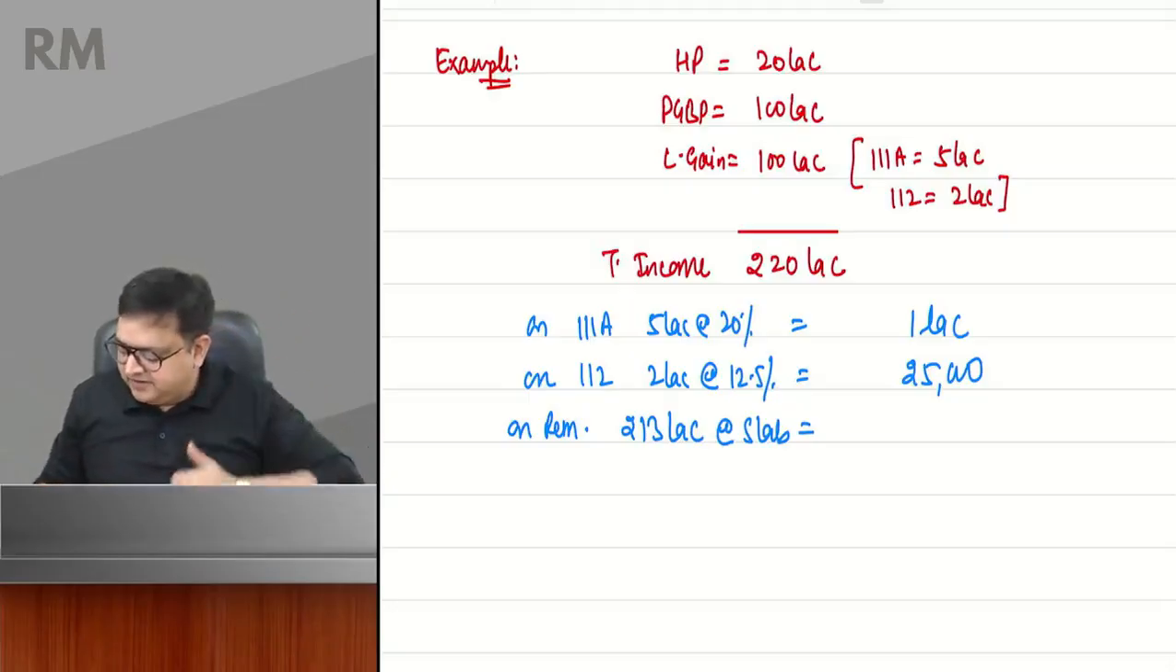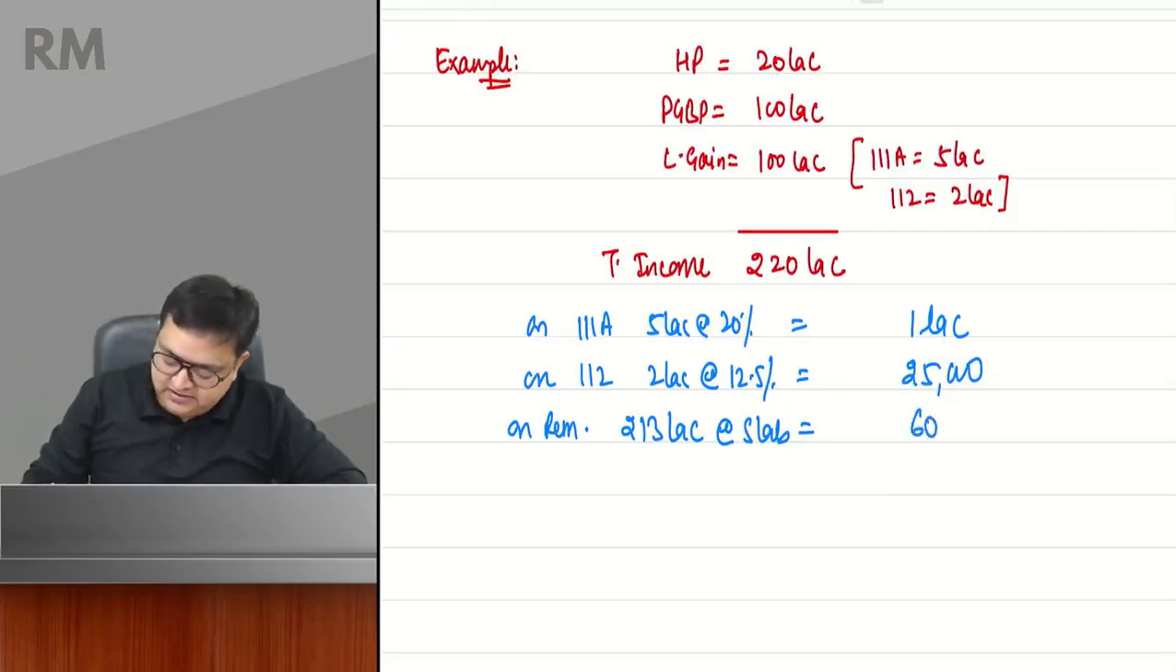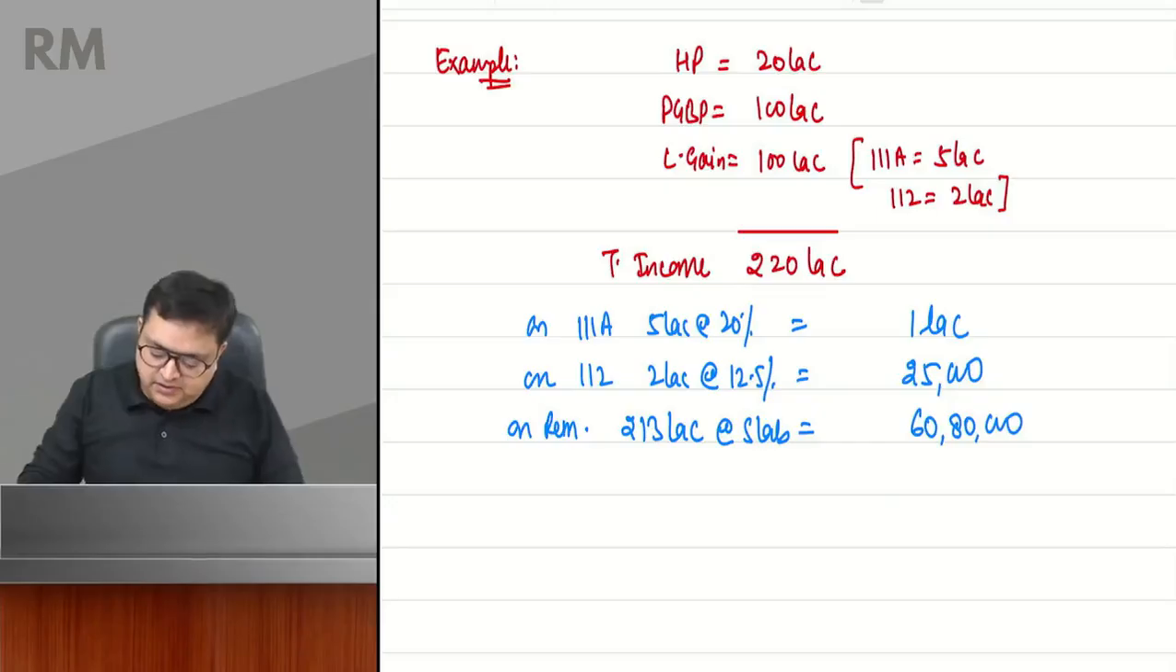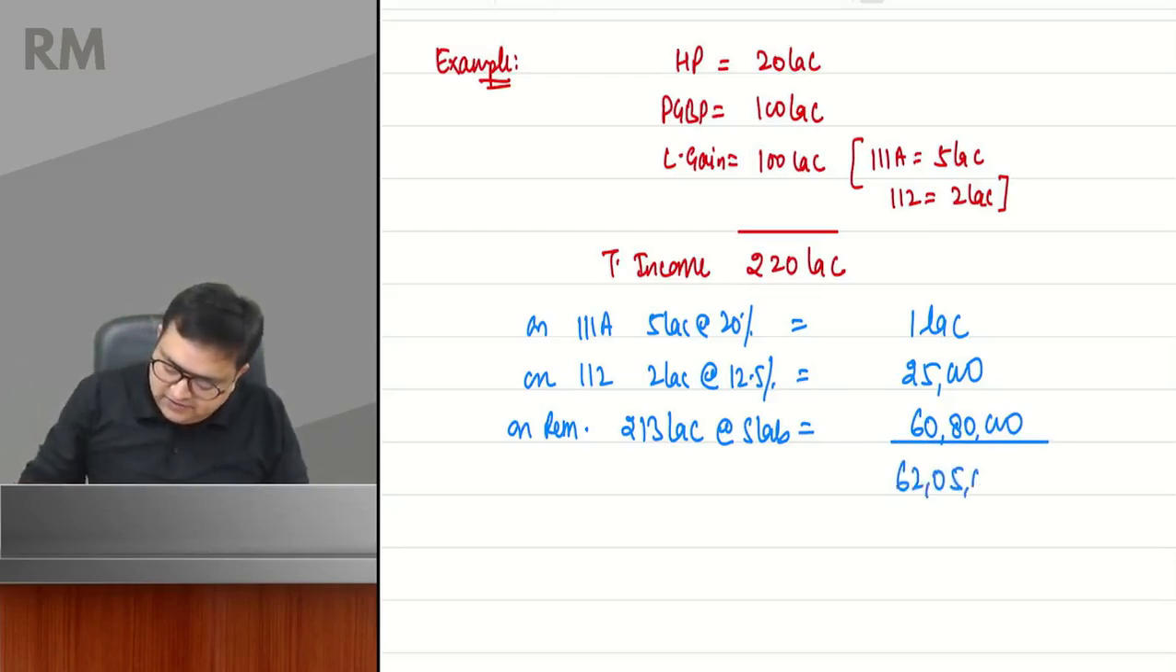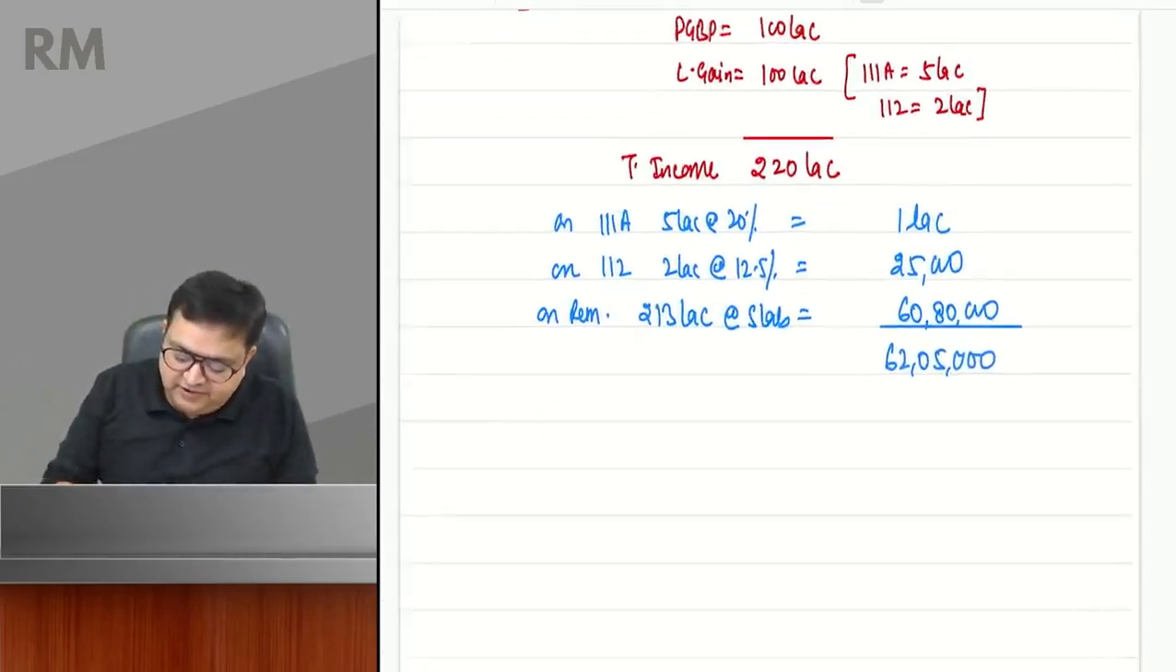Guys, 5 seconds. I got it. How much did you get? Is it 60 lakh 80,000? Correct. Do the total. 62 lakh 5,000. Correct, Kishore. 62 lakh 5,000